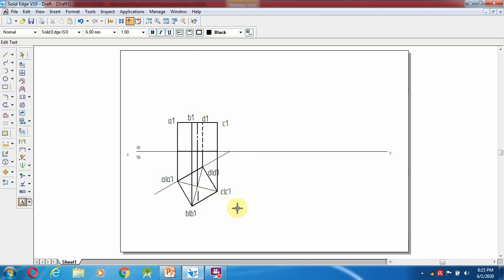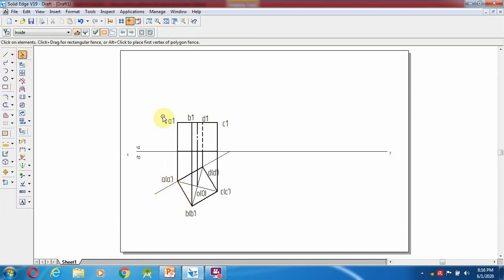Okay, O bracket O1, sorry, O dash. So actually here it is the A and A1, not dashes. Dashes it should come in the front view only.